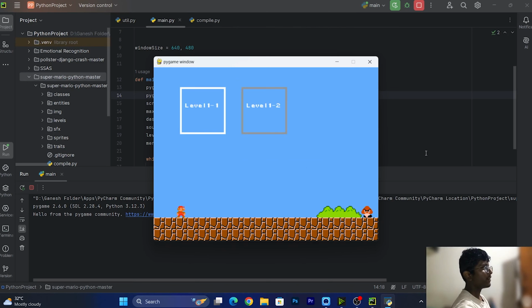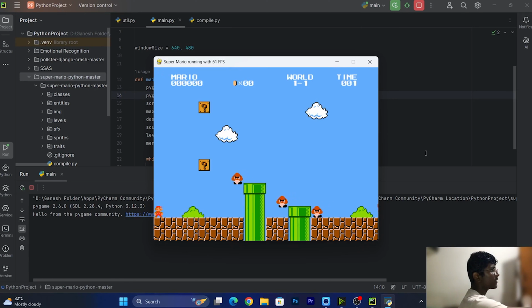Basically I have developed only two levels. One is the actual level and another is just an open world level. As I said you, the code link will be there in the description. You can download the essential files and redevelop the game, and if possible you can also share it with me. This is just, it's not an infinite world like an actual game. There is some finite, you can travel some finite distance. I'll click on level 1, click on enter.